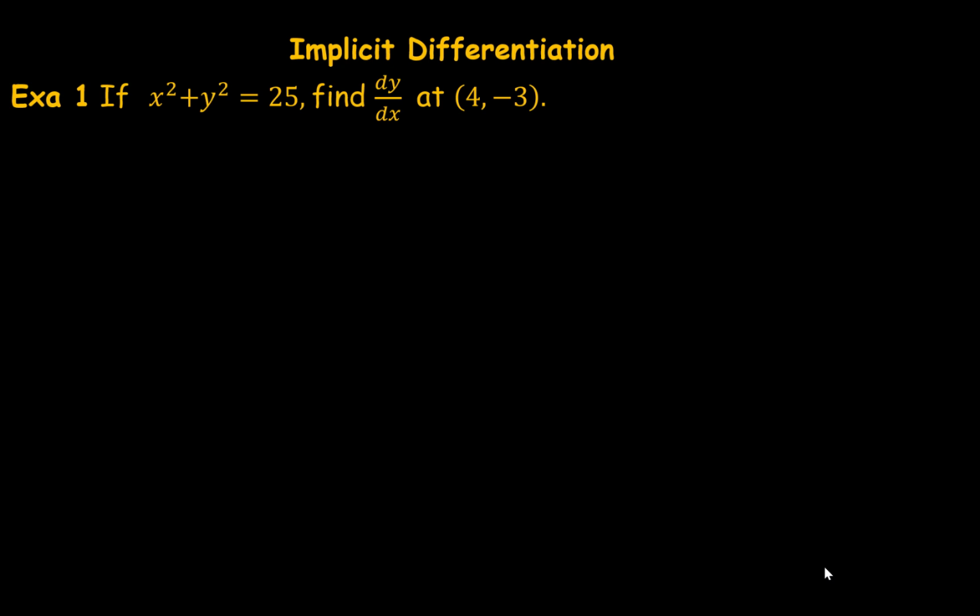Let's explain implicit differentiation through an example. Here is the question. If x squared plus y squared equals 25, this will define y as a function of x. We want to find the derivative of this function at this point. This point is on the graph. You can easily check that when x equals 4, y equals minus 3, and the left-hand side is equal